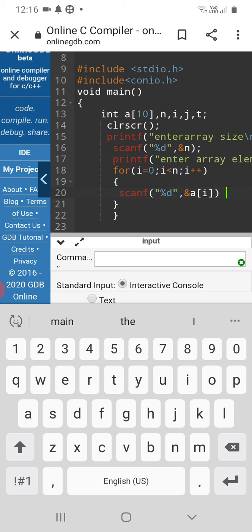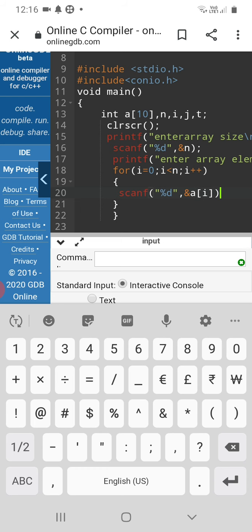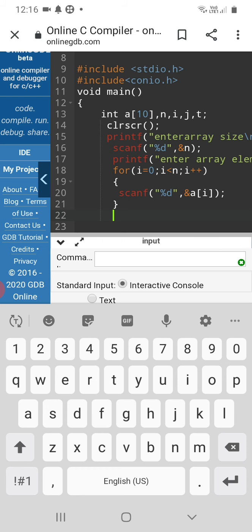Yeah, I'm closing the statement with semicolon. Now for the open brace and closed brace, the loop has ended. Next, moving on, we have to write the printf statement.